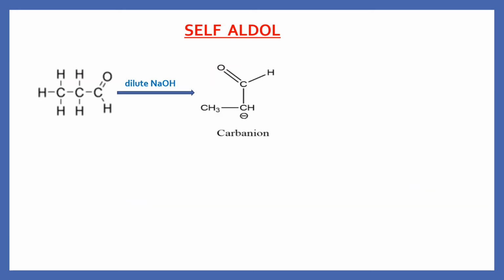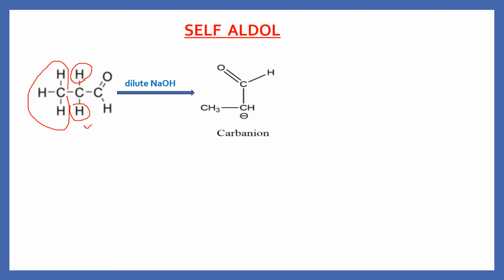Another example for self-aldol is here in front of you. I have taken propanol here, and these are the alpha hydrogens. So be careful that when you have to remove alpha hydrogens, remove any one of them. Generally, students have this in mind that we have to remove hydrogens from the terminal carbon because mostly the ethanol example is discussed. So I am purposely discussing it. We do not have to touch these hydrogens.